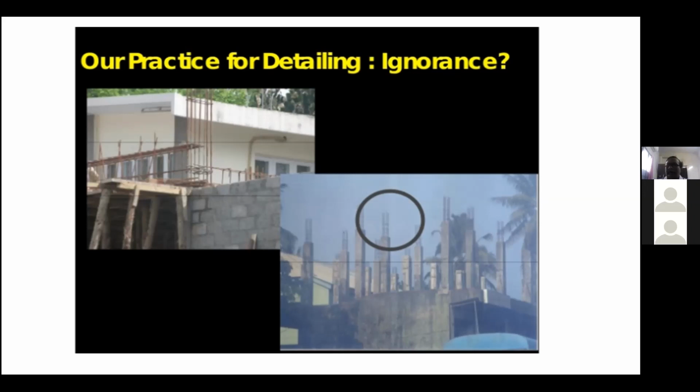Yeah, whatever the code prescribes, the same thing you have to follow in repair and rehabilitation. Whether it's a construction or repair and rehabilitation, you have to follow the same codal provision, but with extra precaution. For example, suppose you are not able to provide the lap length for some reason. So what you can do is go for mechanical couplers. Alternate systems are available. Rebar couplers are nowadays available, so we can use rebar couplers and then avoid the lap length.